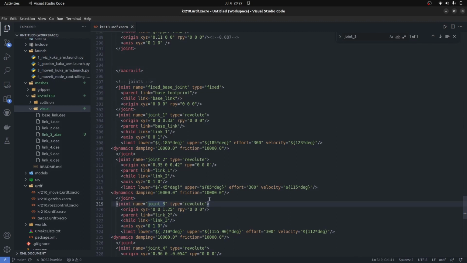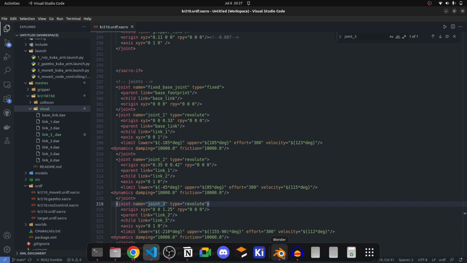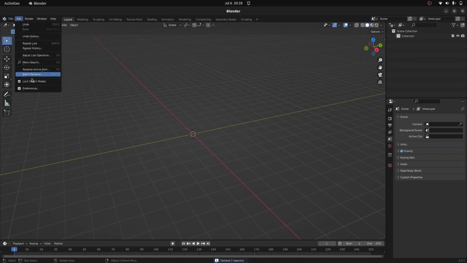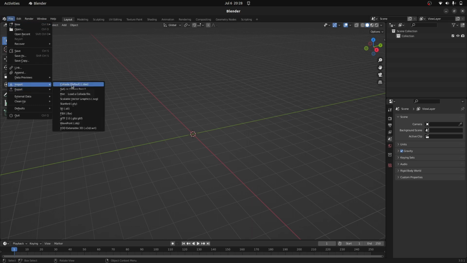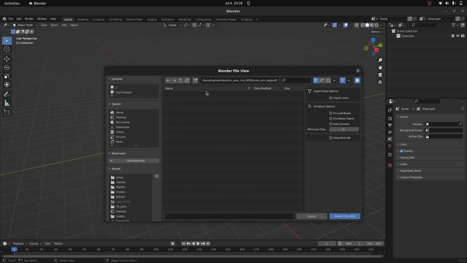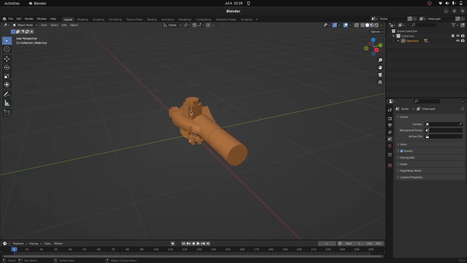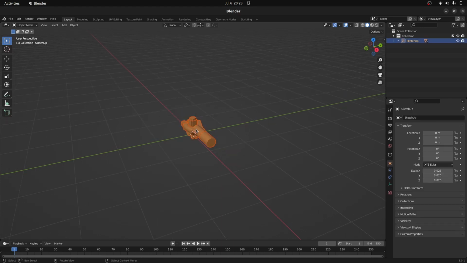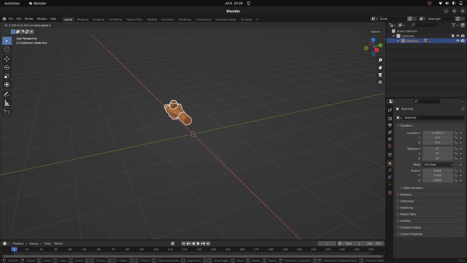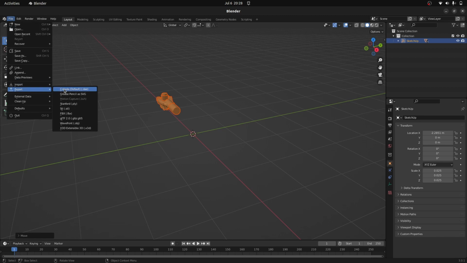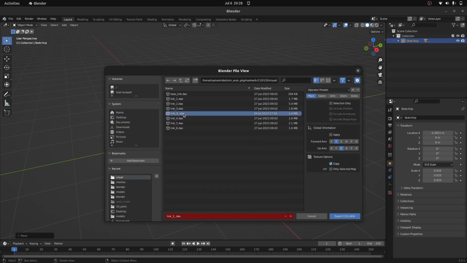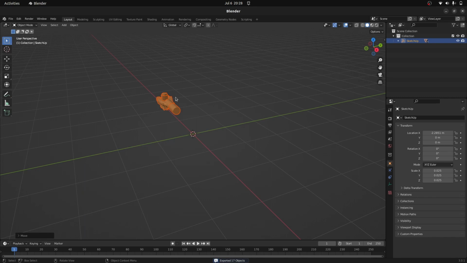There is one more problem that happens a lot when you are using custom 3D meshes. Let's import our file in Blender and understand the problem of origins. A Collada file, arm_package, urdf, meshes, visual, link number 3. Now here we can see we have link number 3. The problem comes at a point where I select all of these points and translate them. Let's say I translate on the x-axis to this specific point, and now I select all of the points and export it as link_3_